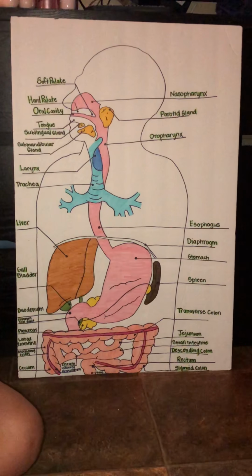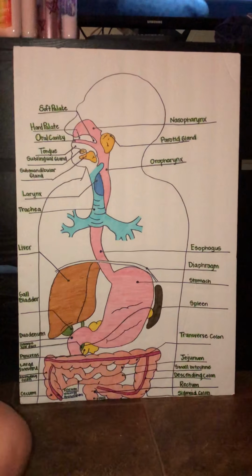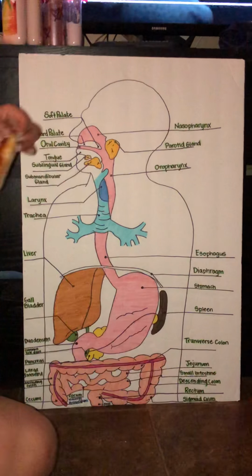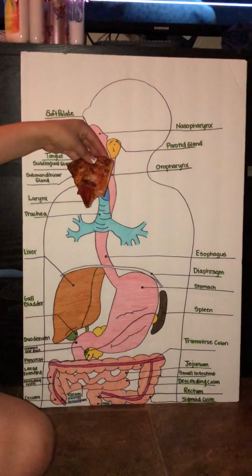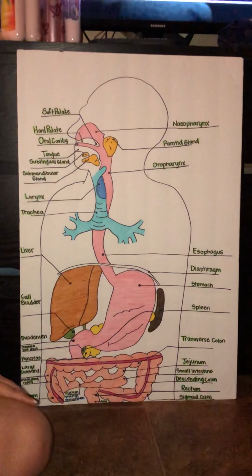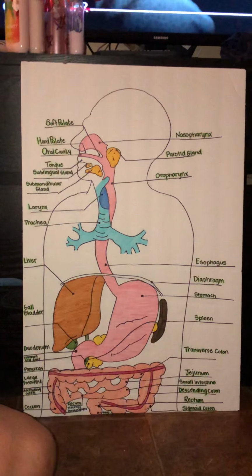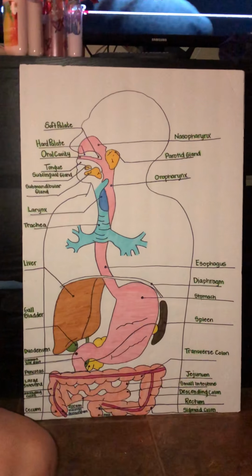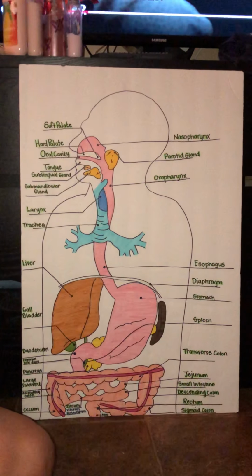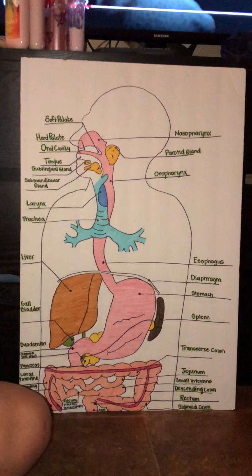Today we will be talking about the digestive system. Today we will be digesting a piece of pizza, a pepperoni pizza. The crust is a carb, the pepperoni is a protein, the cheese is a dairy, the grease is a lipid, and the tomato sauce is a veggie. Okay. So,